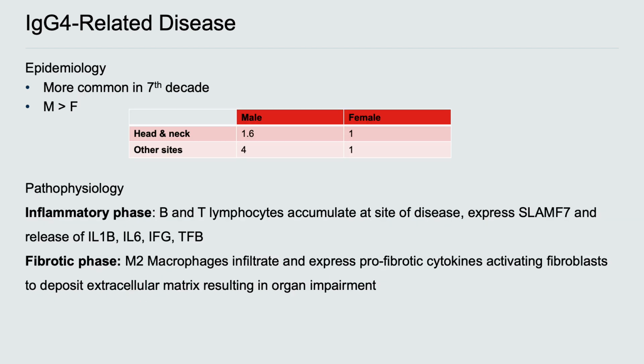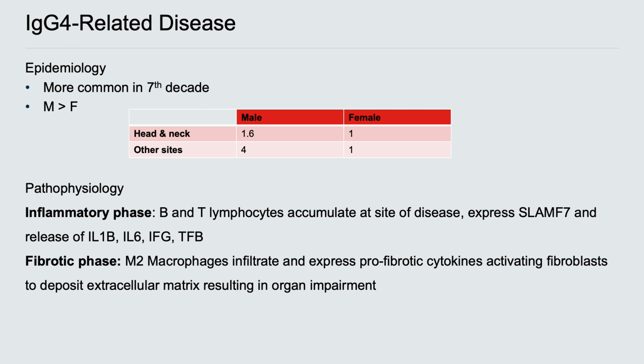The disease prevalence is approximately 3 per 100,000. It's more common in males, typically in their 60s, in contrast to autoimmune conditions. In the head and neck region, it affects males at a 1.6 to 1 ratio, and at other sites 4 to 1. The pathophysiology can be separated into two phases, of which the first includes B and T lymphocytes accumulating